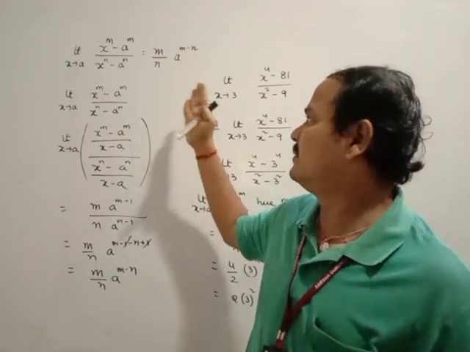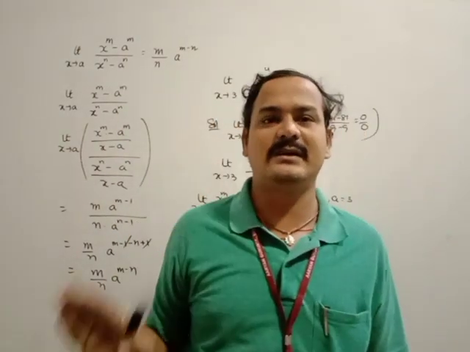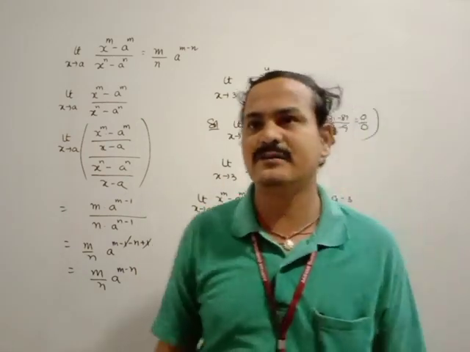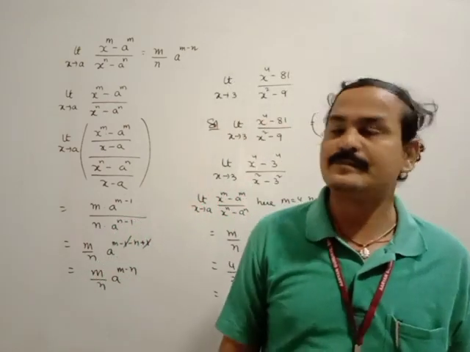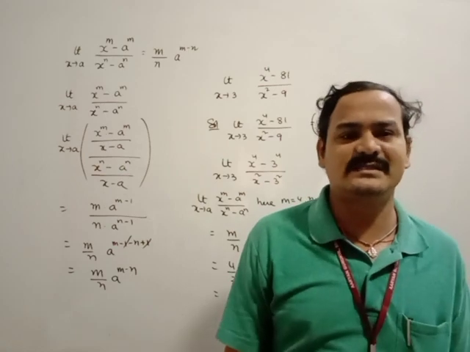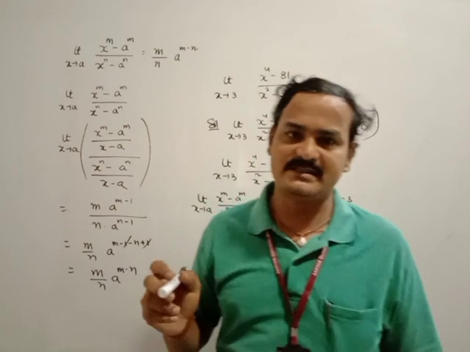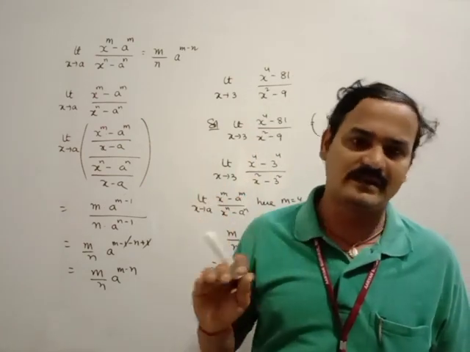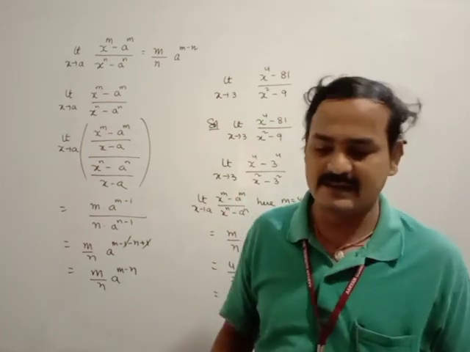If it is in the form of limit x tends to a, (x power of n minus a power of n) by (x minus a), use the formula n into a power of n minus 1. Otherwise use the other formula. Using these two formulas, you can simplify the questions. I will send the PDF files related to this to your group, then you can solve and simplify them, write them in your notes, and do all these problems carefully. Okay, thank you.